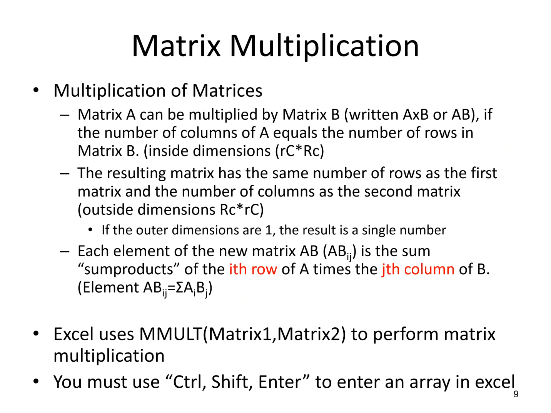A matrix A can be multiplied by matrix B, and that's going to be written A times B, or usually simply AB, if the number of columns in matrix A equals the number of rows in matrix B. In other words, if matrix A has R rows and C columns, and matrix B has R rows and C columns, you can only multiply two matrices together if the inner dimensions are the same. In other words, the number of columns in the first matrix equals the number of rows in the second matrix. So say a 1 by 3 times a 3 by 1, or a 3 by 2, as long as those inner dimensions, those threes, are the same,